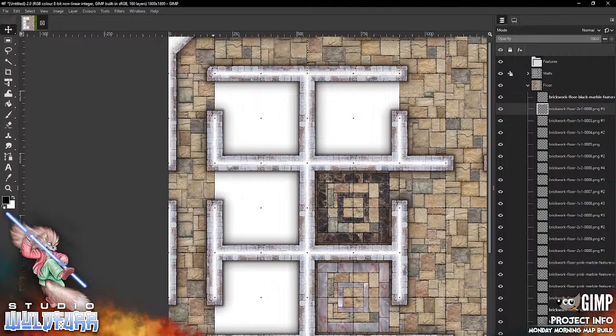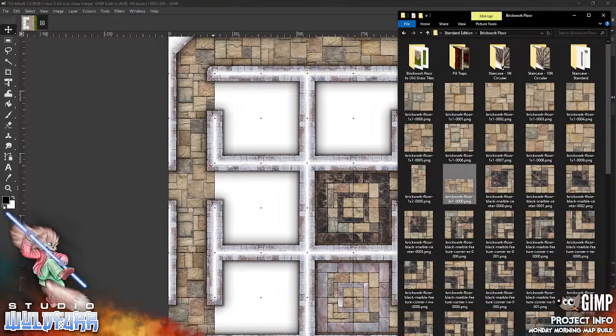Now these rooms. So do I do? So I can go pink, pink, pink, checker pattern. Or